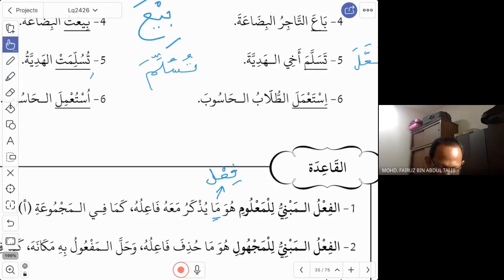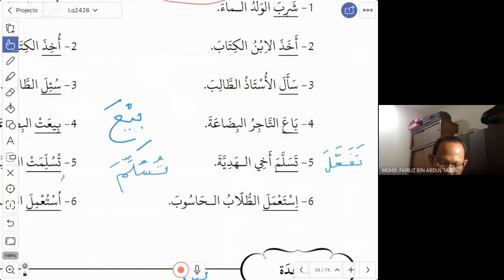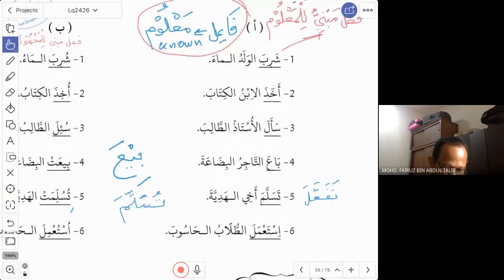Huwa al-fi'lu allazi yuzkaru ma'ahu fa'iluhu, the fi'l where the fa'il is mentioned. As in majmu'ah alif, the fa'il is mentioned. Not necessarily the fa'il is mentioned, is written. No, not necessarily. For example, you can have a sentence like